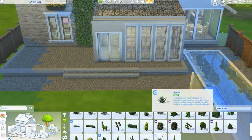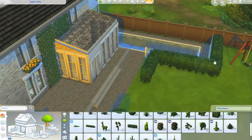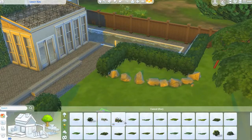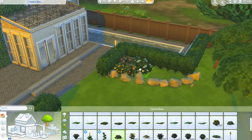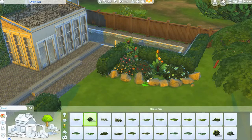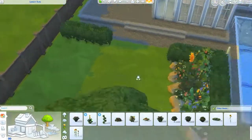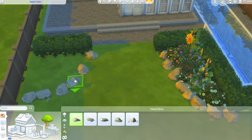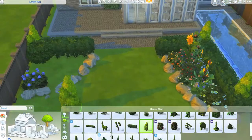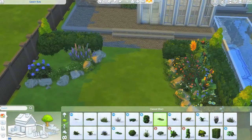Now I actually lined the fence with some bushes, because I didn't like the harsh glass of it, and then there was a weird corner, so I thought I should do some little flower beds, using the circles to make it a bit more organic, and then filling it up with every single plant that we have in the game, just to make it look very full and very nice. I'm going to add a little seating area up the top as well, so your Sims can come out on a nice day and sit and have their